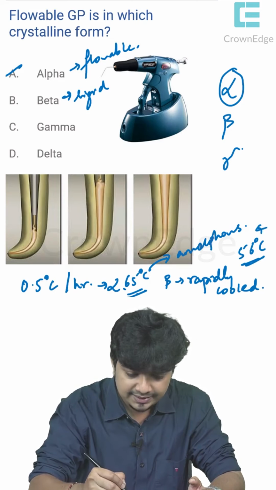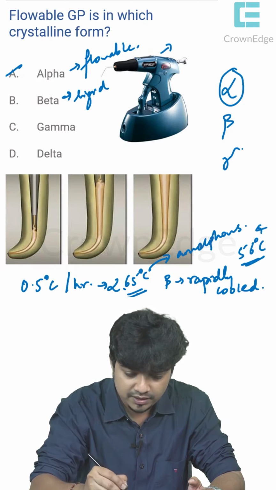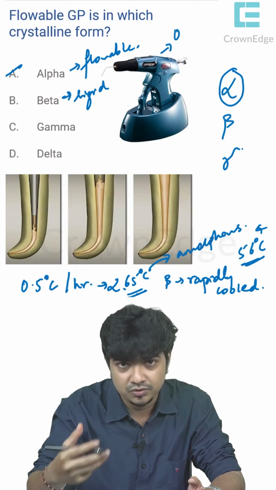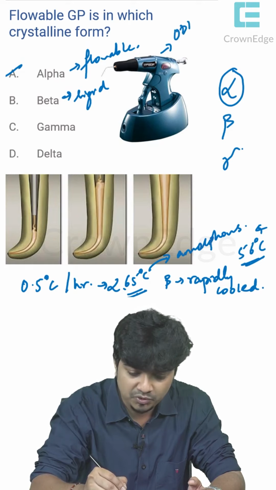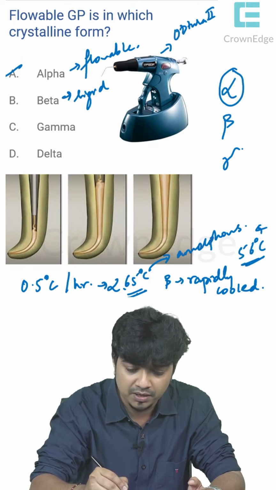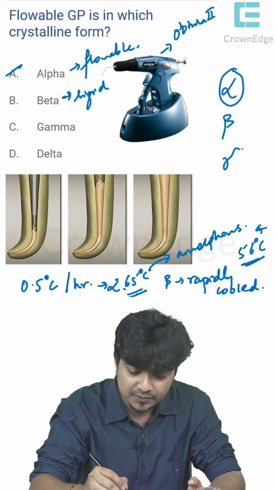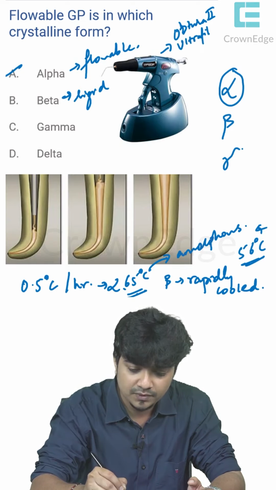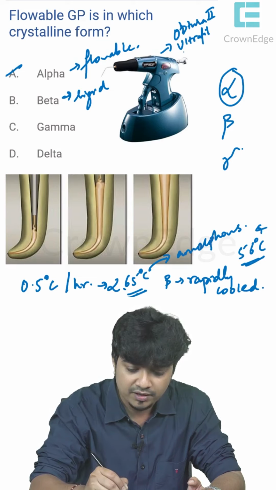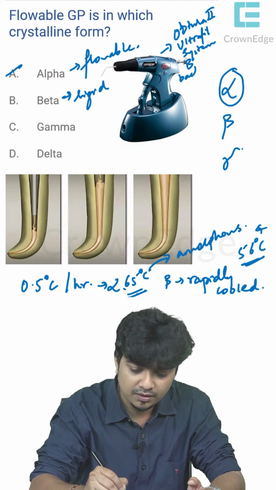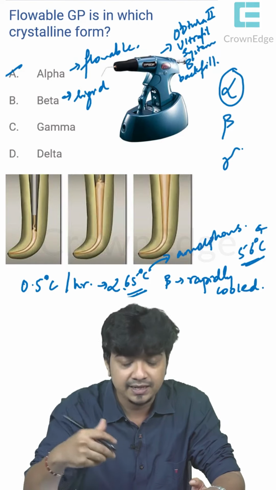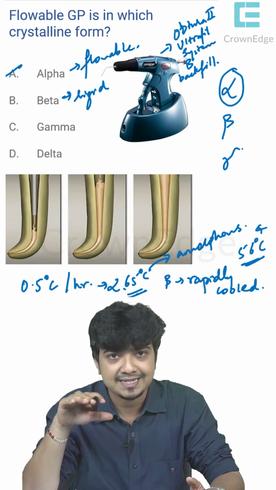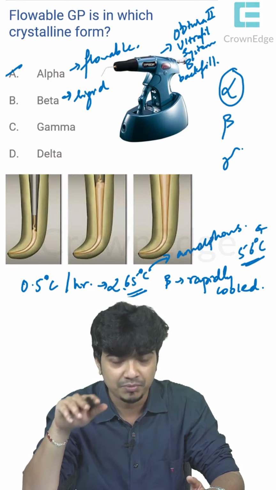So you can see in this picture, we have a unit known as the flowable gutta percha technique. So it's thermoplasticized. You have a couple of names over here that you'll need to remember. One is Obtura 2. Then there is also the Ultrafill. And then you have System B Backfill. So all these are different brand names for thermoplasticized injection techniques for flowable gutta percha.